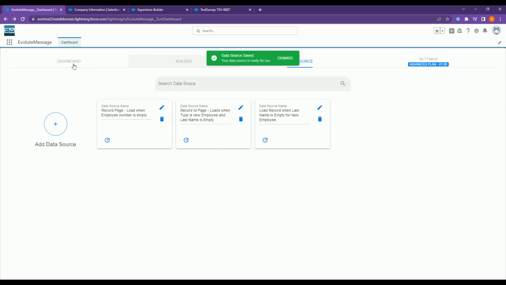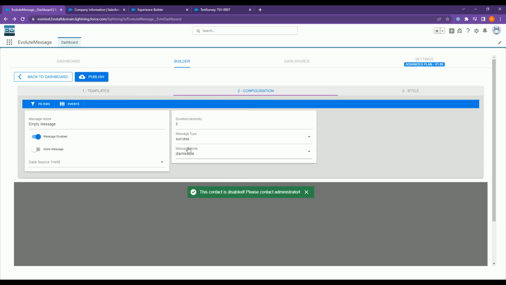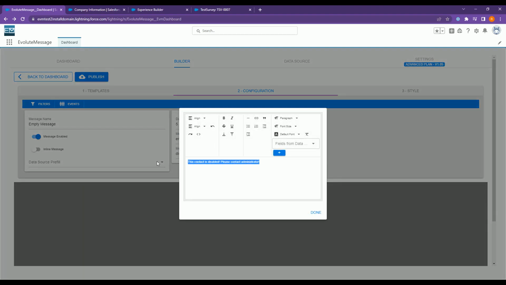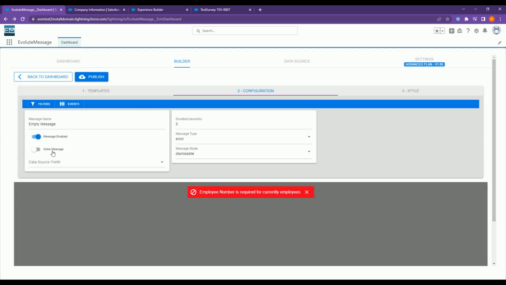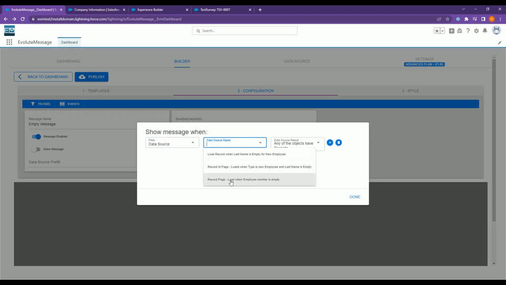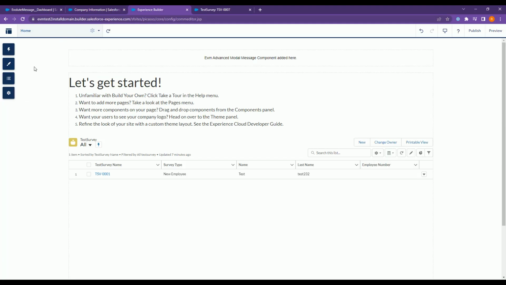So here is my data source. Now I'm going to create the message, and I'm going to make it a toast, just an error message there, saying employee number required for employees. So that's the message, and it's going to be inline. I'm going to add the filter. This message should show only when there's a record here. So when I publish, now if I go to my detail page,